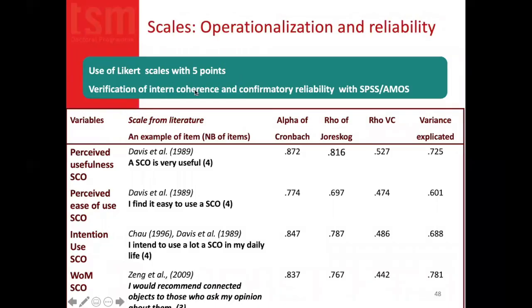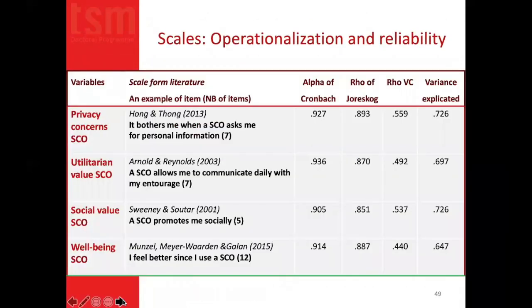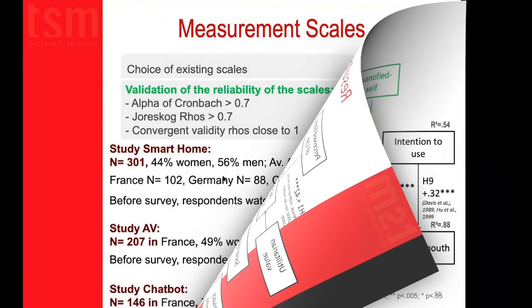We tested this, and this is also what we will do with factor analysis. You can see these indicators should be higher than 0.8, and the Cronbach alpha is higher than 0.8, which means that the scales fit well to our context and can be applied. All these indicators show that the scales can be adapted to our context. And this is what you will learn when you have quantitative methodologies, so I won't focus a lot here. It's the same for all our scales, but